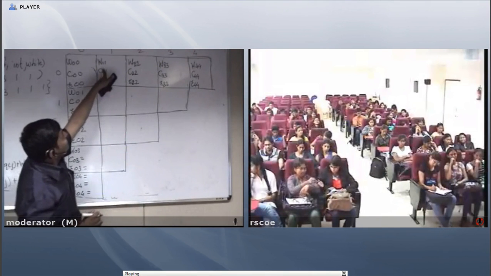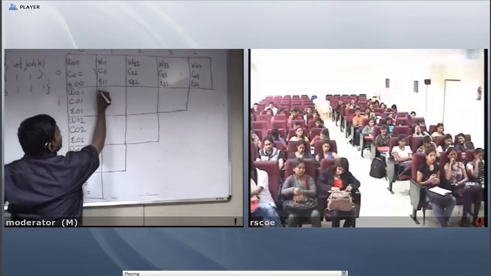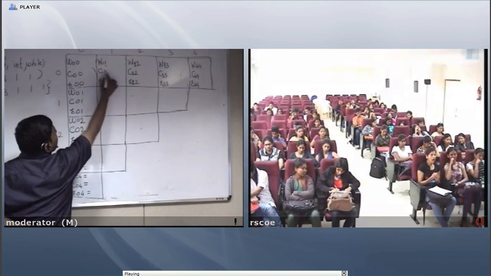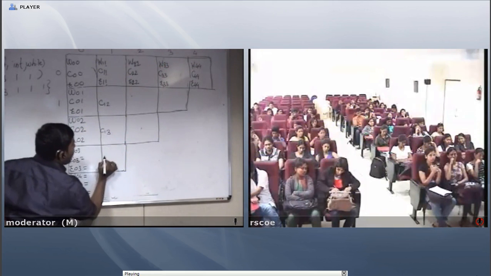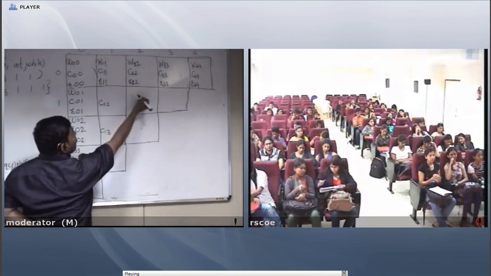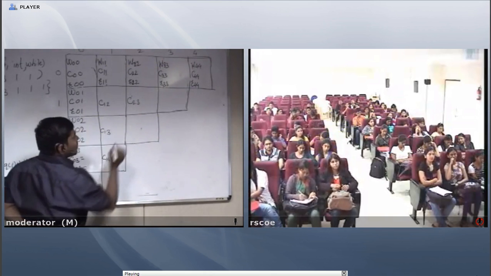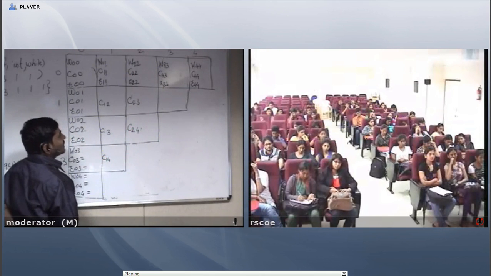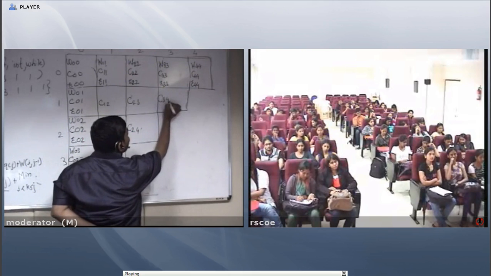Okay, now I start from 1, which will be the first root, base root. Now I just change the value of J. Cost is 11, 12, cost of 13, cost of 14. Similarly, for the third column, cost from 2 to 3, cost from the second node to the fourth node. Clear? Same for the next column, cost from the third node to the fourth.